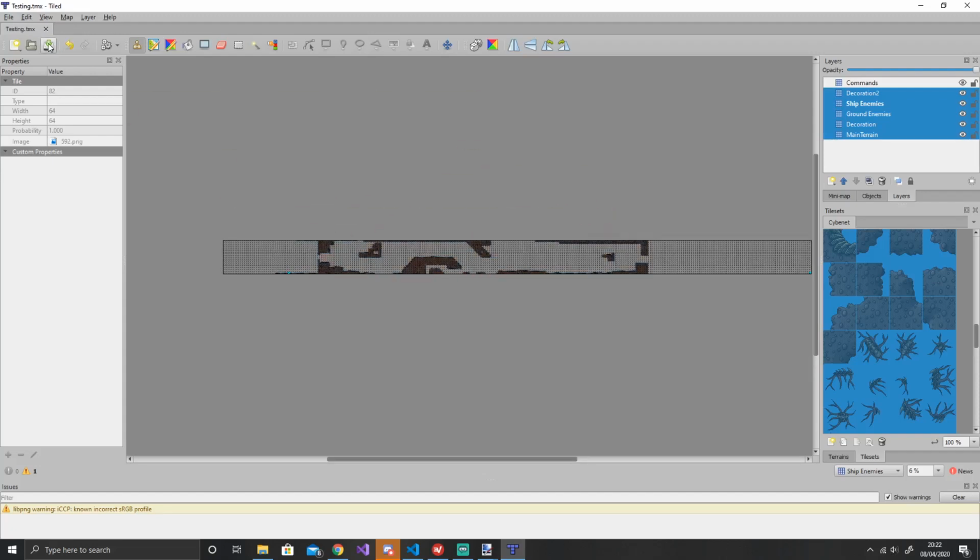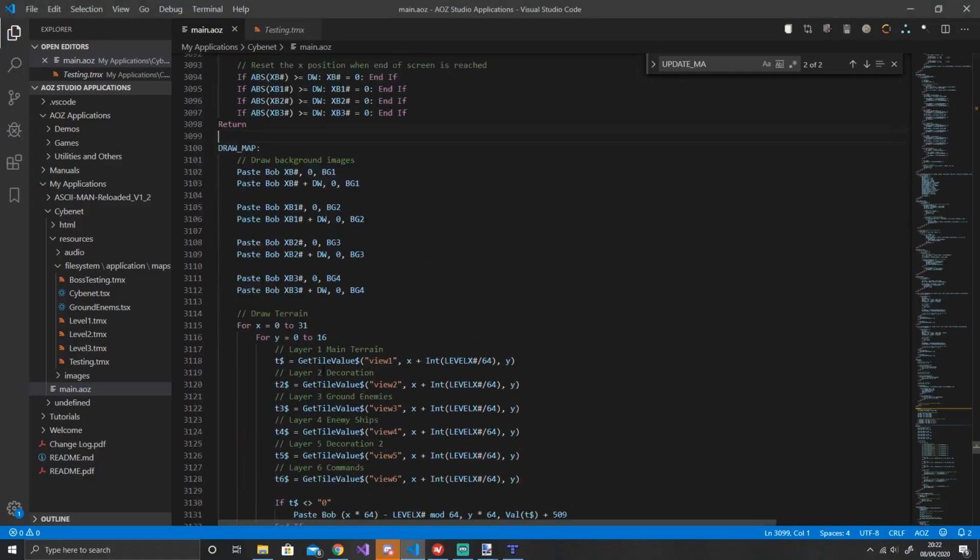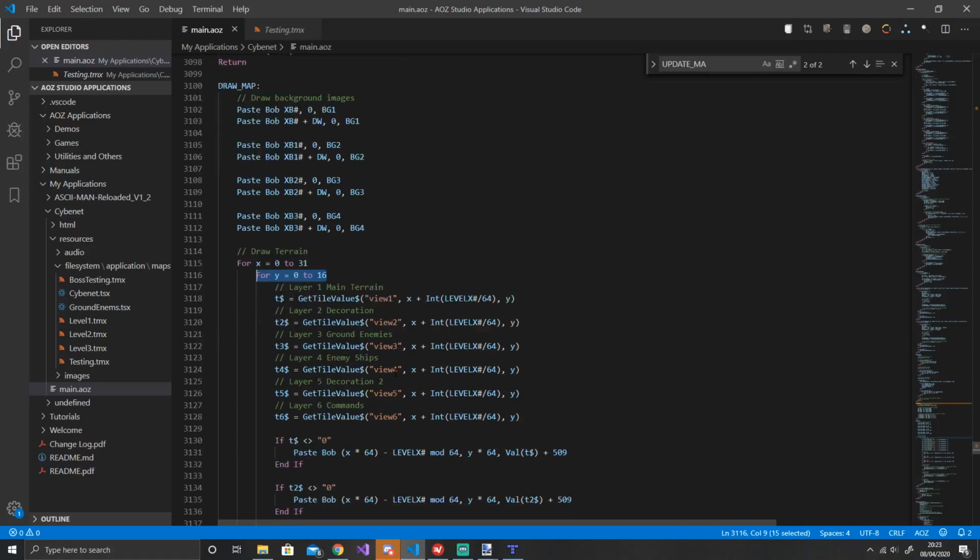I'll just save that. So here's the for next loop. So this is what we're talking about. It grabs 32 columns and the 16 rows. And so if I change this to only get 29,